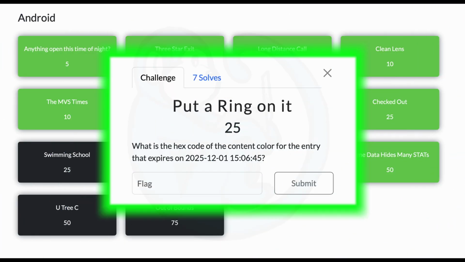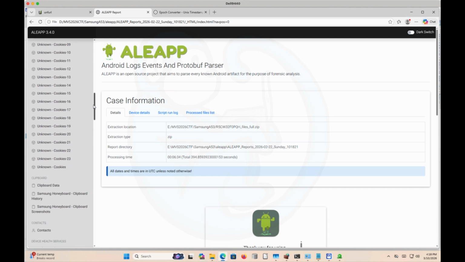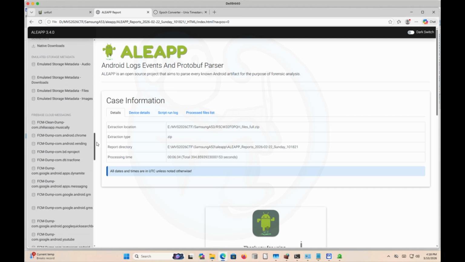Question 11. Put a ring on it. What is the hex code of the content color for the entry that expires on 2025-12-01 at 15:06:45? So this is another question where I had no idea where to even start, as I had no idea what they're even asking. And after getting the solution, this method would have led to the answer. In ALEAP, look at the fcm dump